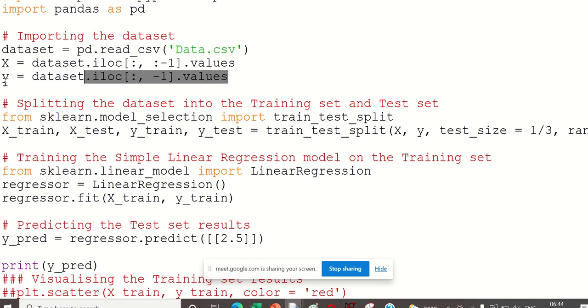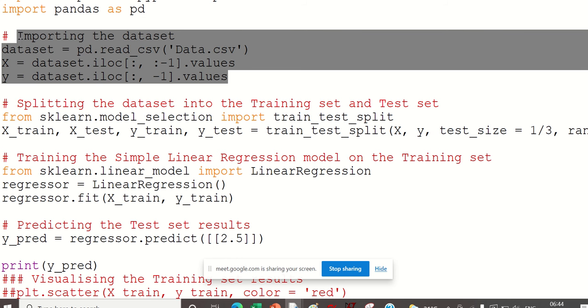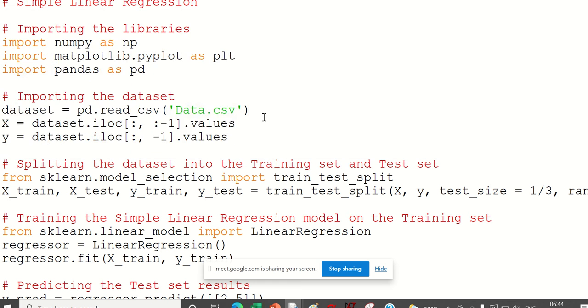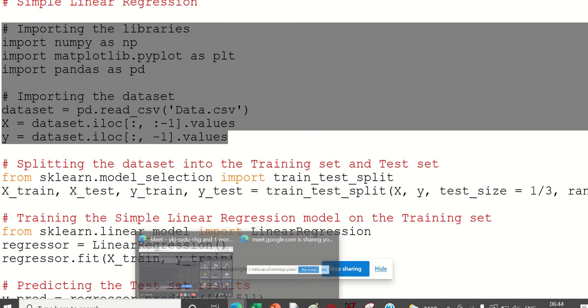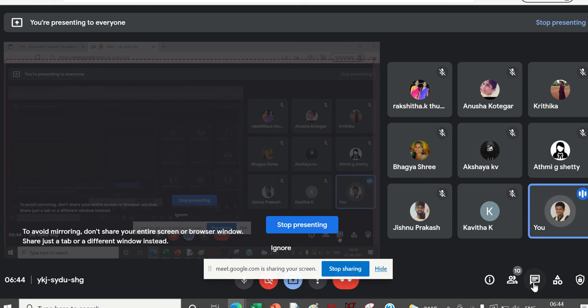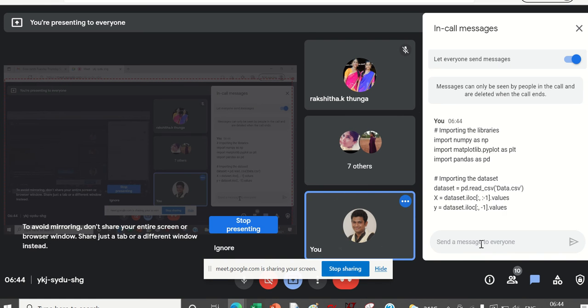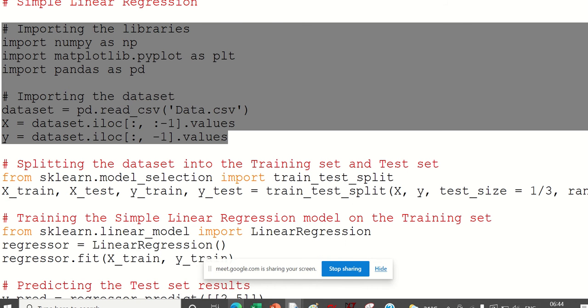First I will share this data set. How are you going to read it, you have to reply back. I will be sharing this part of code and even the data set. I will share this whole thing in the chat window. Then I'll also share the data set through email.